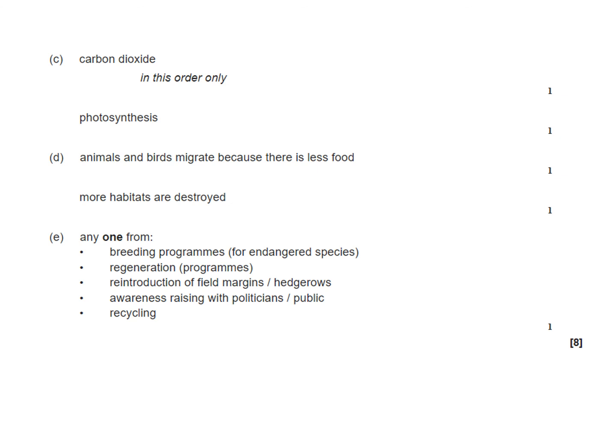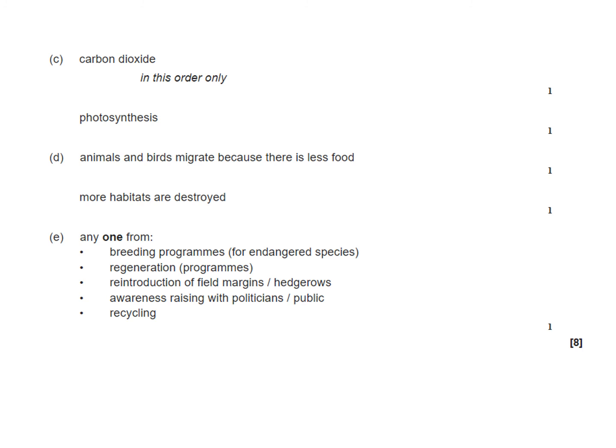Okay, so answers for this one. Carbon dioxide and photosynthesis were the first two. The next two things you had to choose, the two boxes you had to tick, were that animals and birds migrate because there is less food and more habitats are destroyed. And finally,